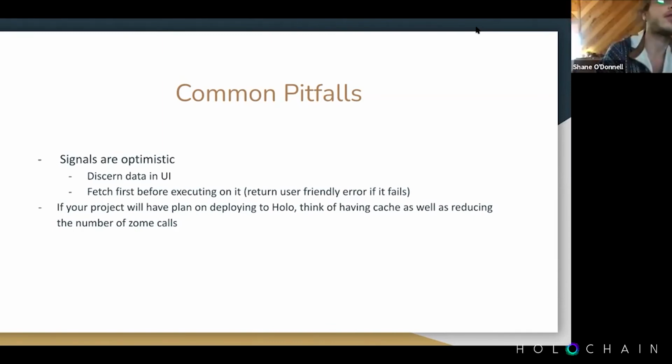What do you mean by discerning the data in the UI? I don't think I got that. Yeah. So the thing is, if your app would have any zome calls that would use another entries,